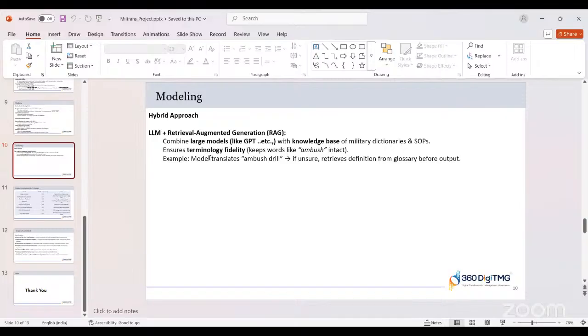The combination of these contexts as well as the similarities is the final output to the user. So we also tried this hybrid approach.